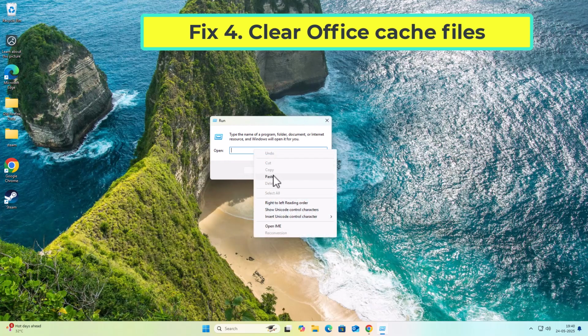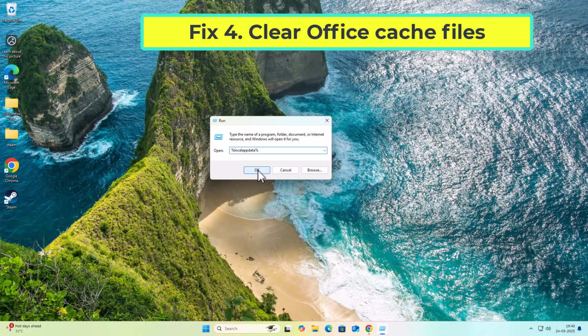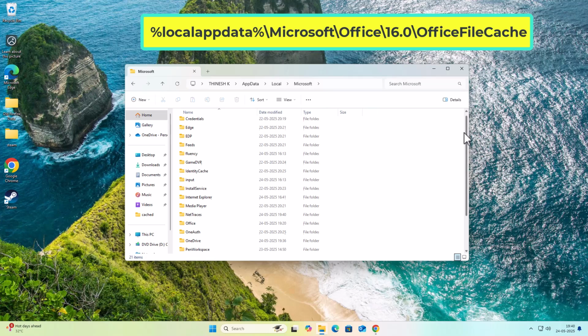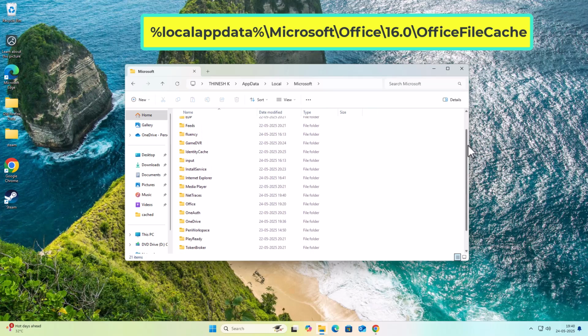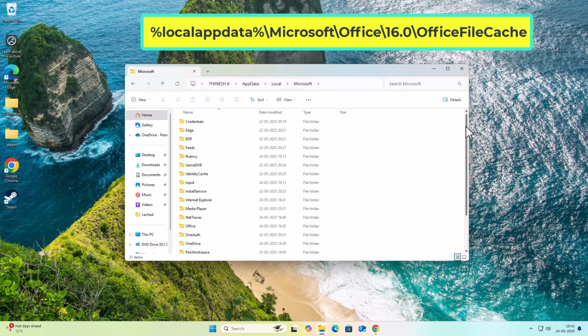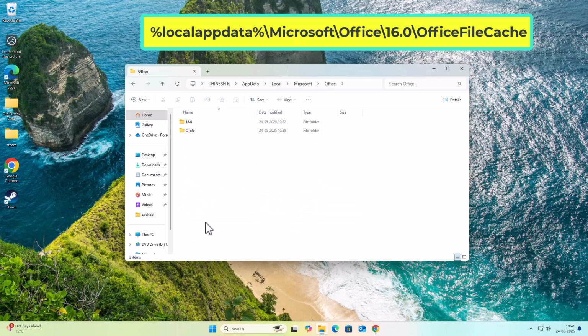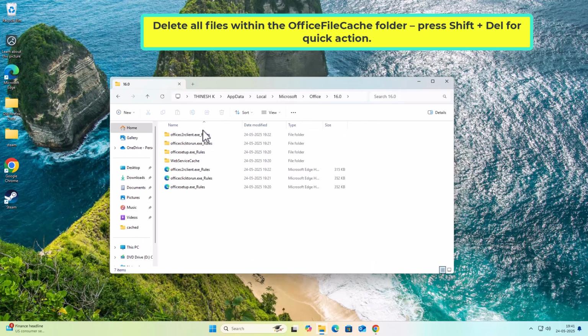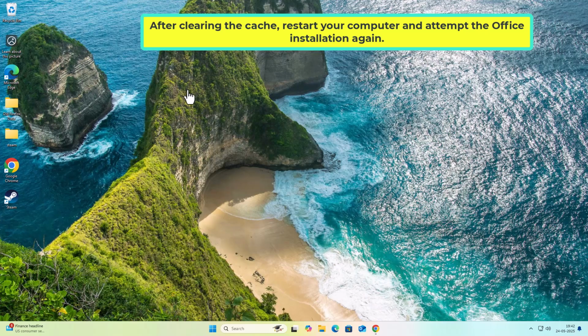fix 4. Clear Office cache files. If that didn't work,